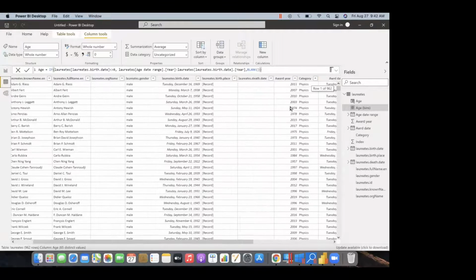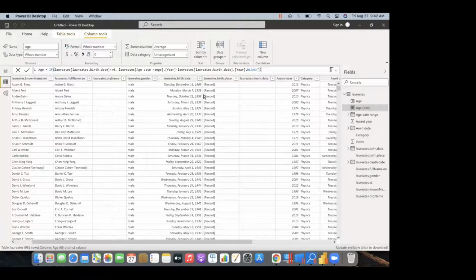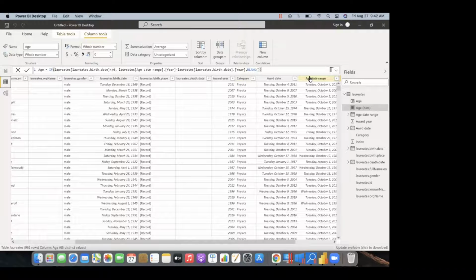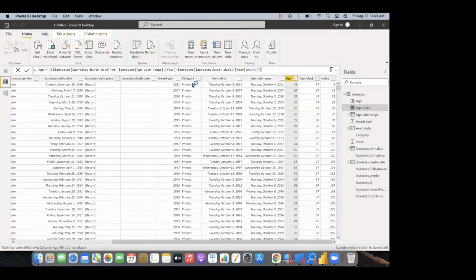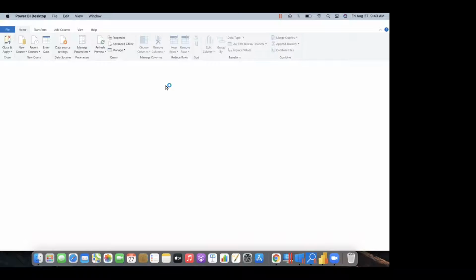So we got the data till the award date range. Now, in transform data itself, for calculating the frequency, I added one more custom column named index, starting from 1.